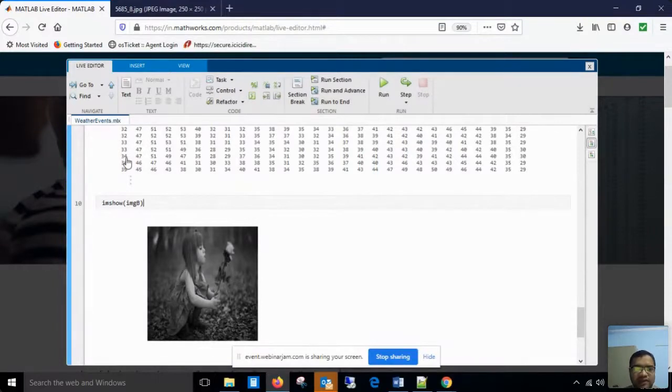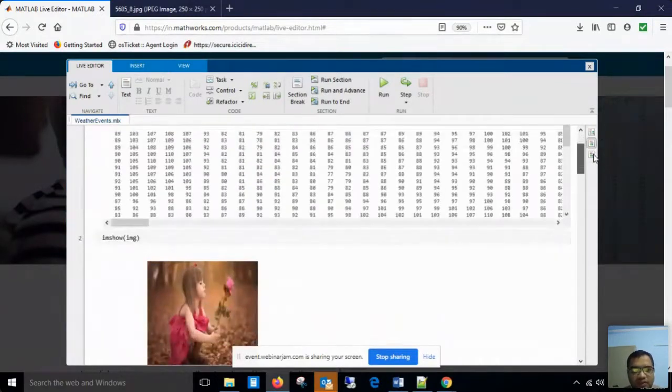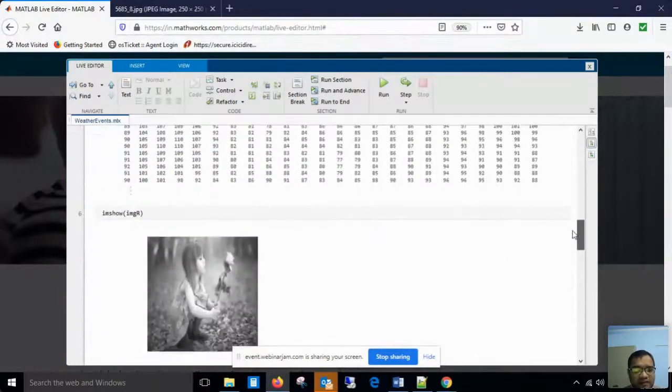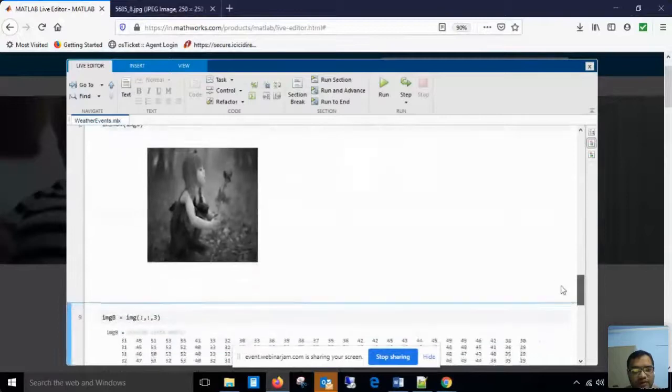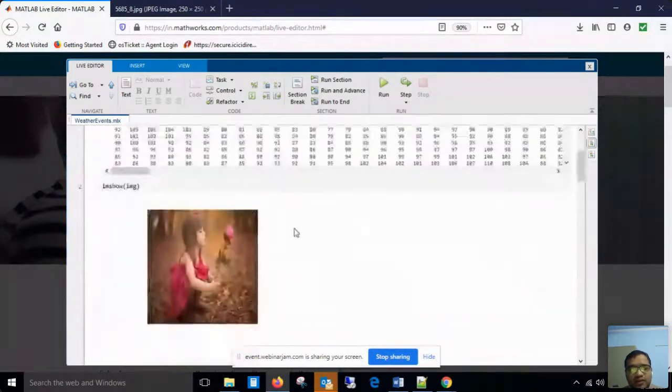So by looking at the intensities, we can understand the behavior and appearance of the image. So what we have done, this was the original image. We separated out its 3 components, red, green and blue, and we saved them in different matrices, and we showed what is the appearance and look of the individual color components. So what is happening actually, your image is a combination of these 3 color components, and when these 3 color components are mixed in some manner, then you get this particular image that is called a colored image or RGB image.